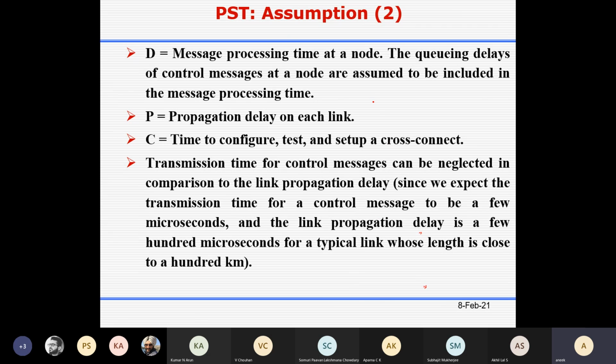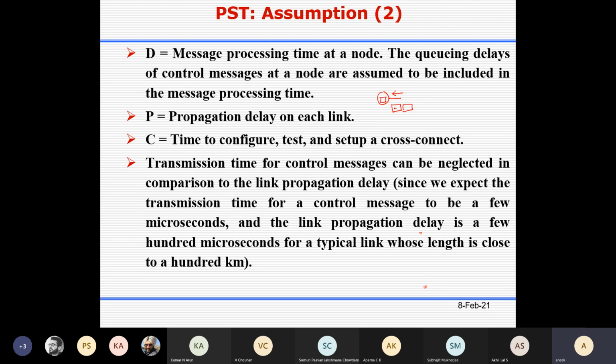Let's say this is your node and this is your input link. One packet has come, but already one packet is being processed inside, so this packet has to wait. And let's say there are some more packets. It's a control message, it will come whenever there is a cut. So suddenly the message comes, and maybe more packets come at that time.